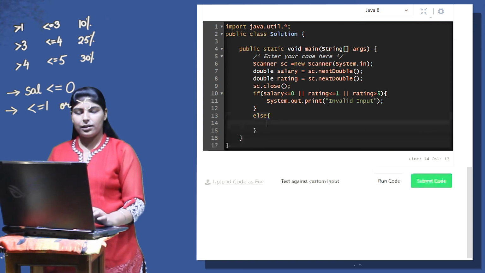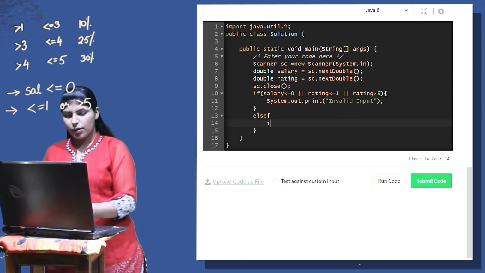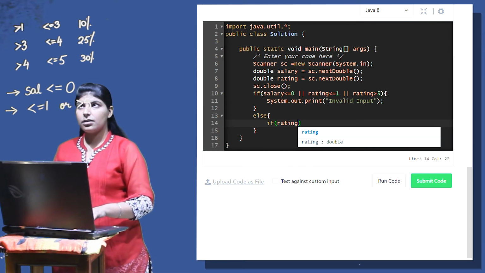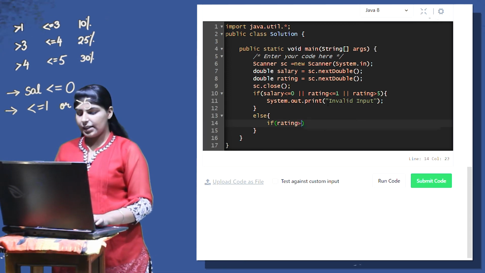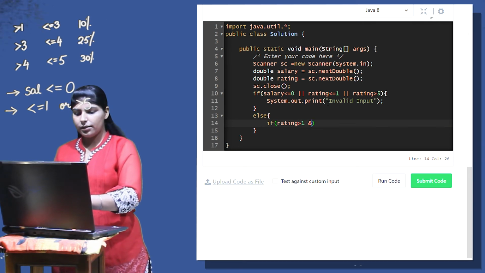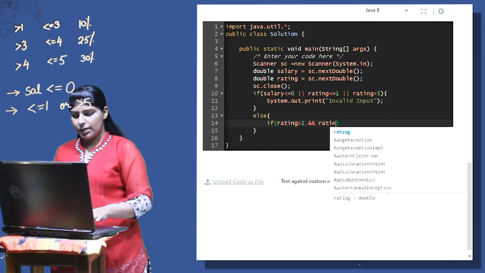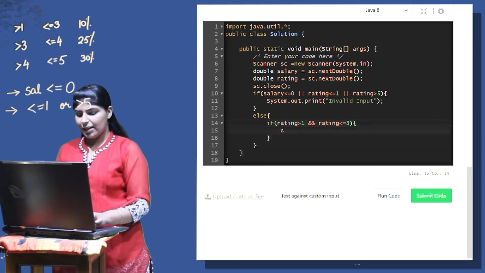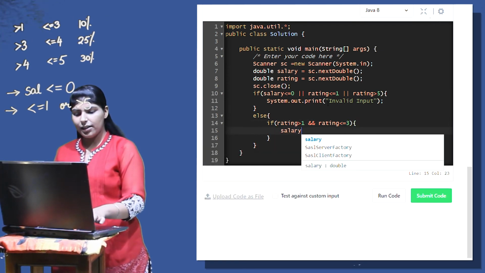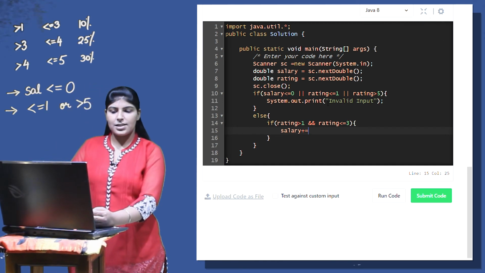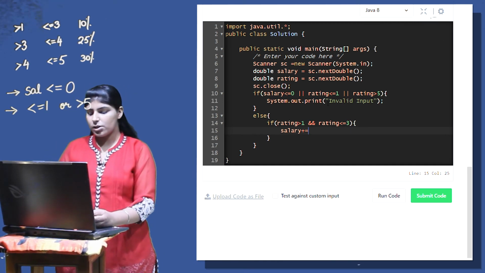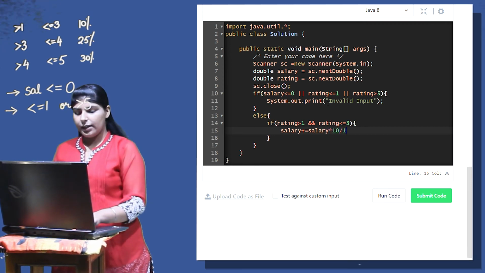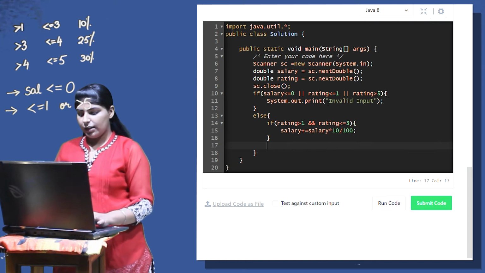Else I will need to calculate the final salary. So if the rating is greater than 1 and the rating is less than or equal to 3, in this case the salary will be equal to the original salary plus 10% of the salary. So I will write salary += 10% of the salary, so salary * 10 / 100. Else if